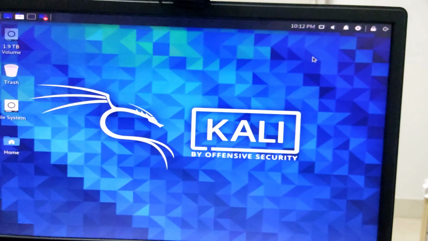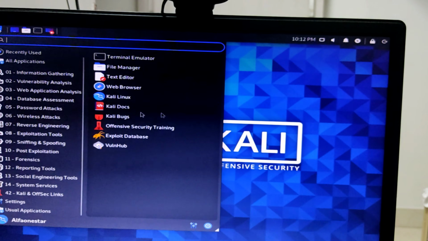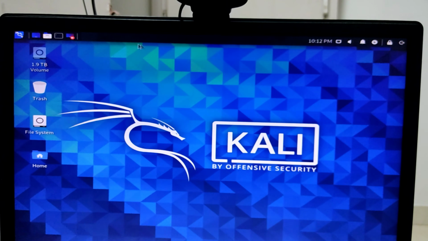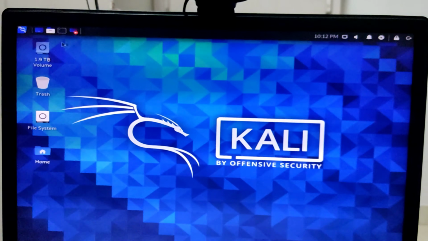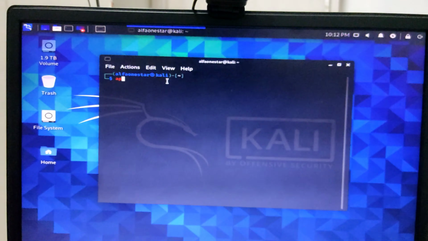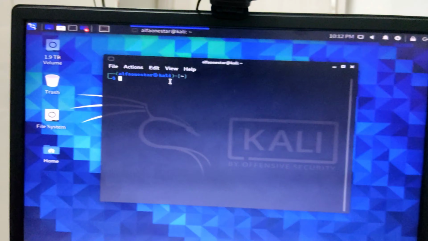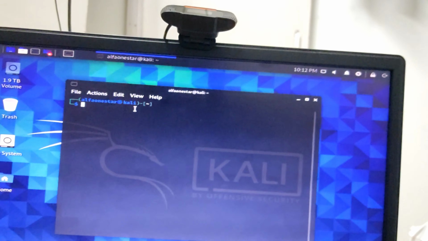And now I will show you how to boot Windows. You can see the look of Kali Linux. It is version 2020.1.1. You can also update it by typing apt-get, sorry, that is for root, so you need to type sudo